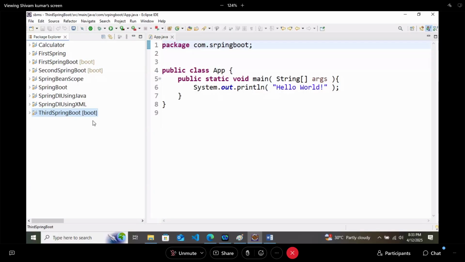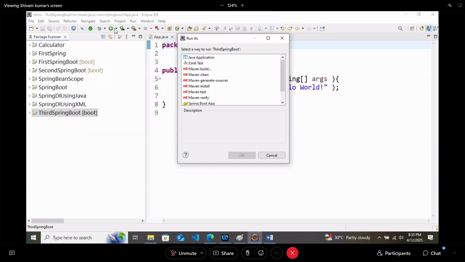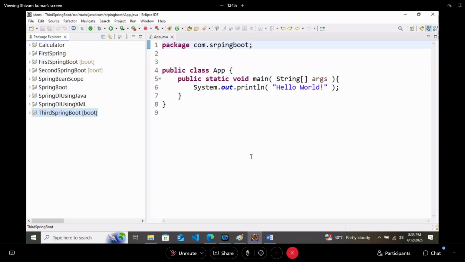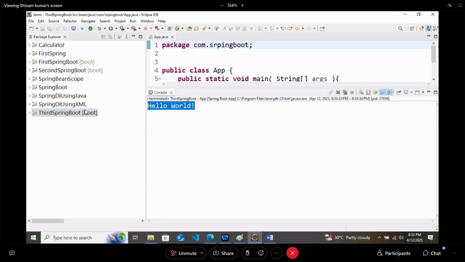Got it? So sure. But till now, if I run this, it is asking me how I want to run it. So I will select Spring Boot app, but don't select Spring Boot app because it will not run. So let me select Spring Boot app and click OK. And here it is printing hello world.